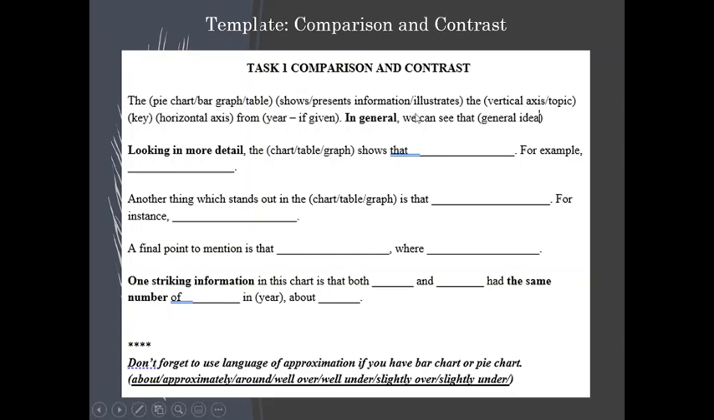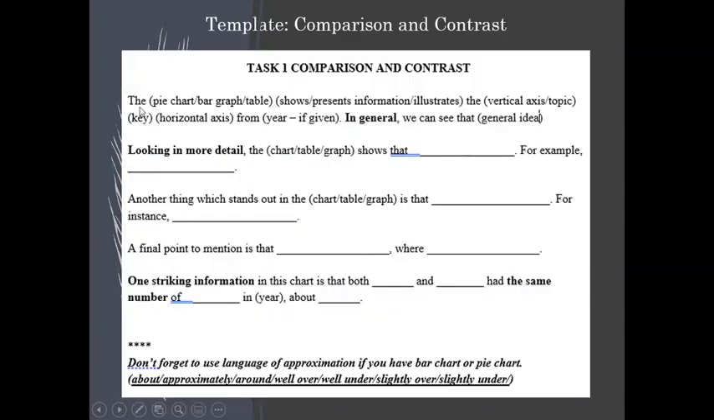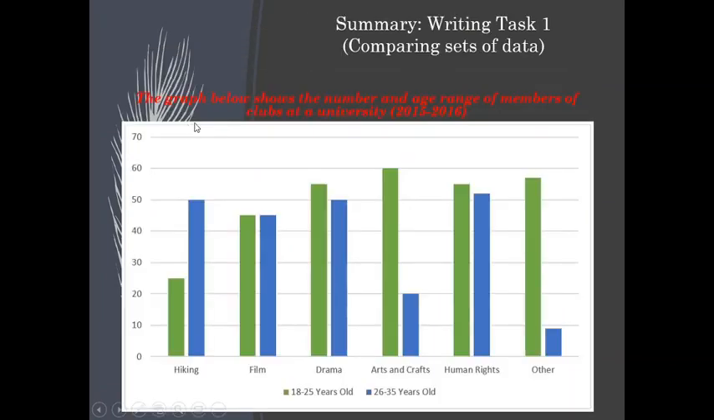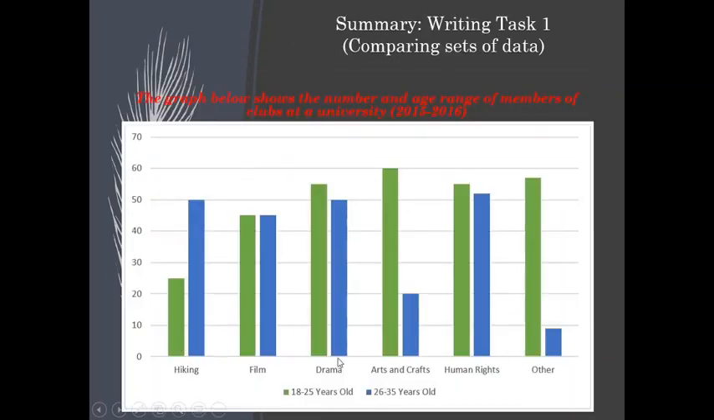And then you have here your verb of presentation. So you can either use shows, presents information, illustrates. So it depends what you want to use. Just make sure that you'll not be using the same verb that's used in the question paper. Okay, then what is in the vertical axis? So if you remember here, what's this? The number of members, right? And then key, what's the key? So we have here two age ranges, no? Horizontal axis, different clubs